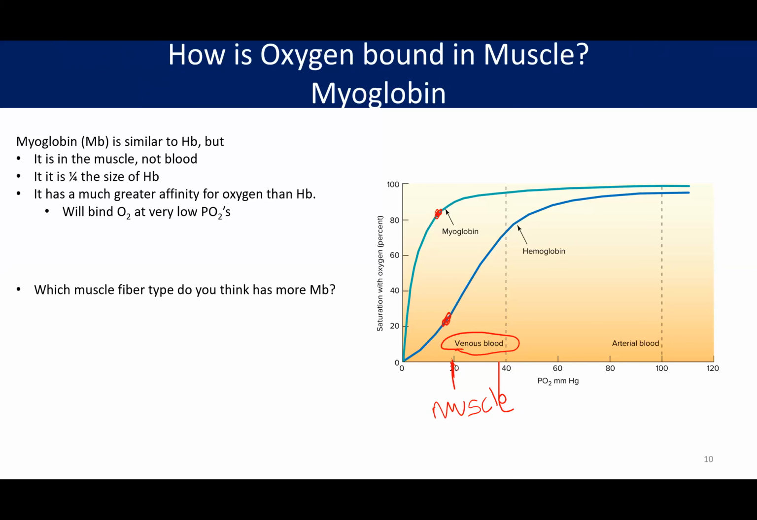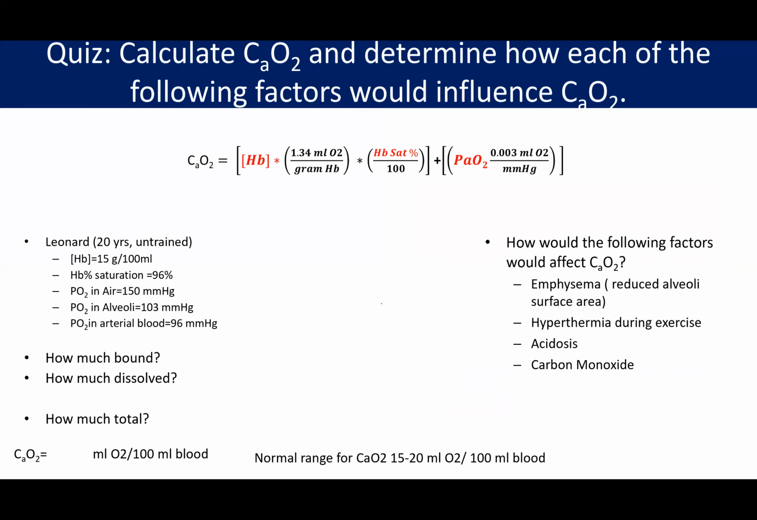Fiber types. So in terms of fiber type, our slow twitch fibers, the type 1 fibers, have a much greater amount of myoglobin because they're all about getting oxygen and aerobic metabolism. That shouldn't surprise you. Now, let's pretend like we're doing a quiz here. Let's calculate the arterial oxygen content given the following data. So again, CaO2 is the content of oxygen in arterial blood. Usually the units are